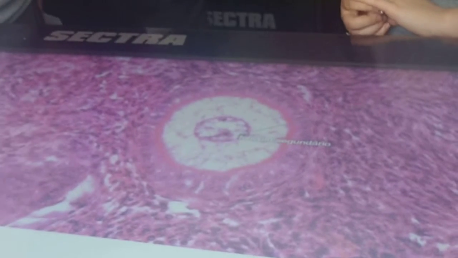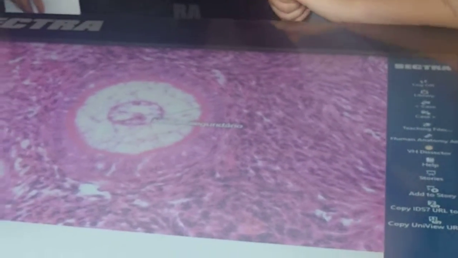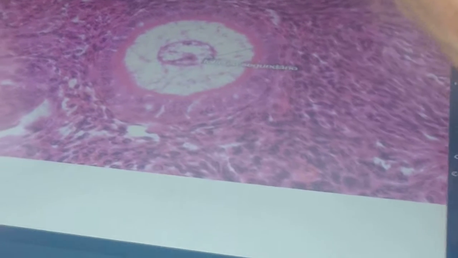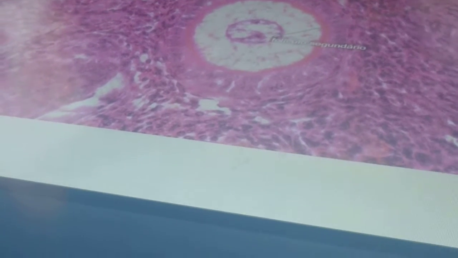So the interesting thing is that there are both granulosa and thecal cells. Both of them are required for the production of estrogen. So you can't, one of them will have some chemical reactions that